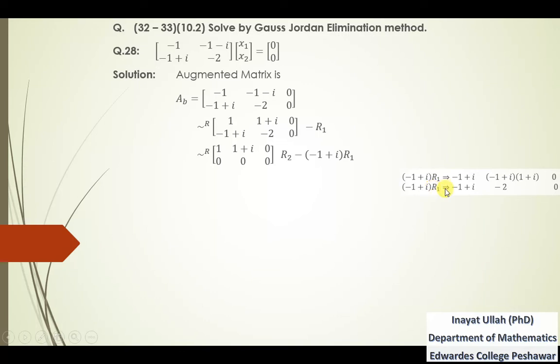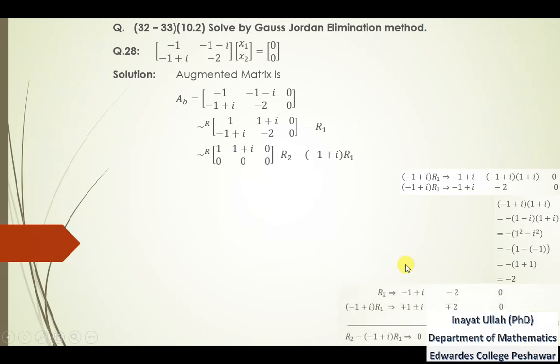Now that is the same operation, but I have simplified this product, that is actually minus 2 right here. I have multiplied these two to get minus 2. So the answer of these two is minus 2. That is the same and that is the same. Now performing this operation, on the side write down row 2 over here, write down minus 1 plus iota into r1 over there, and subtract these two. How could we subtract these two?